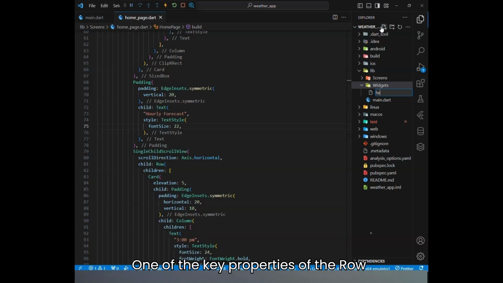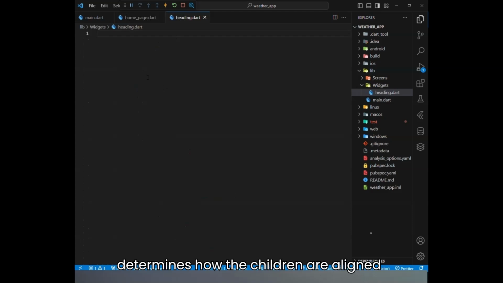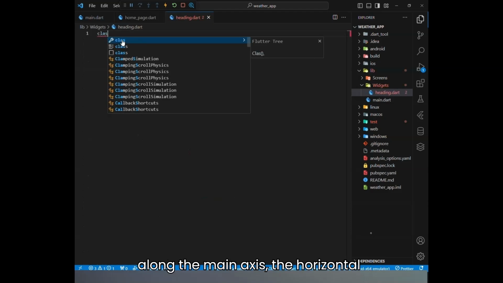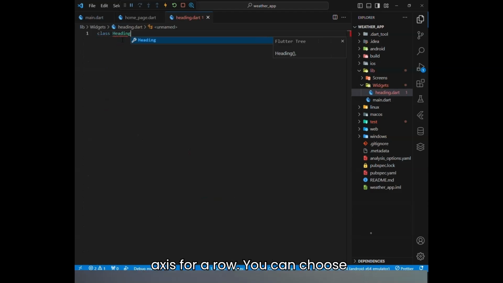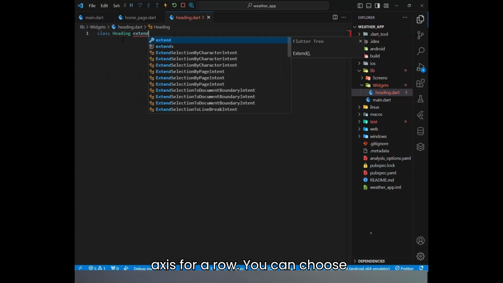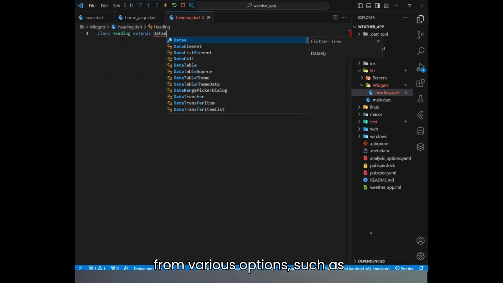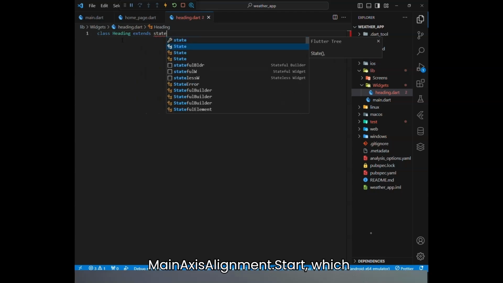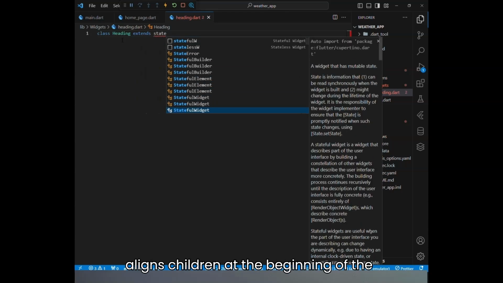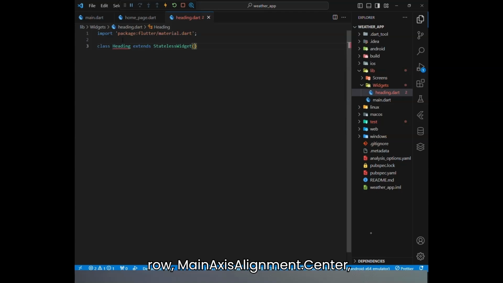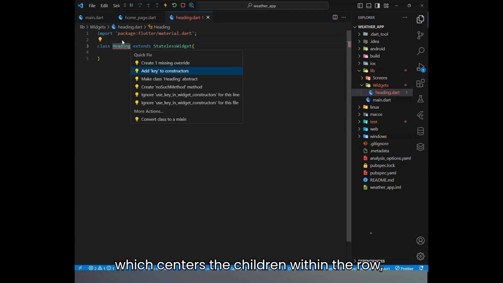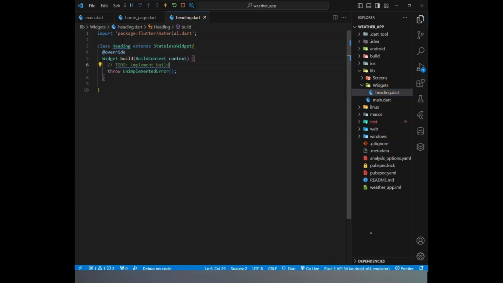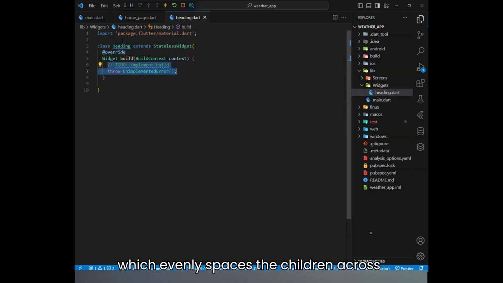One of the key properties of the row widget is the main axis alignment, which determines how the children are aligned along the main axis, the horizontal axis for a row. You can choose from various options, such as MainAxisAlignment.start, which aligns children at the beginning of the row, MainAxisAlignment.center, which centers the children within the row, or MainAxisAlignment.spaceBetween, which evenly spaces the children